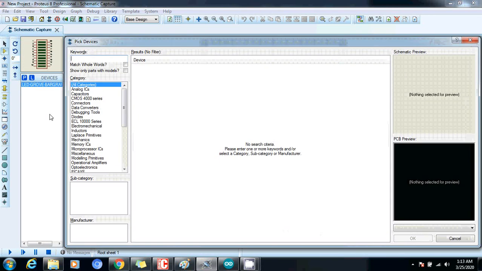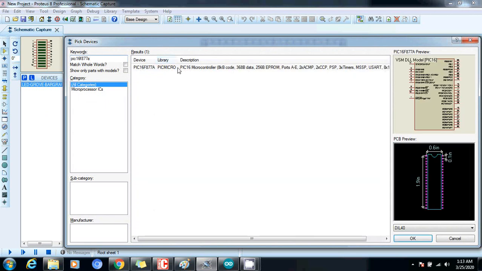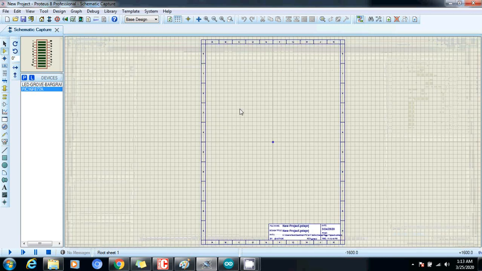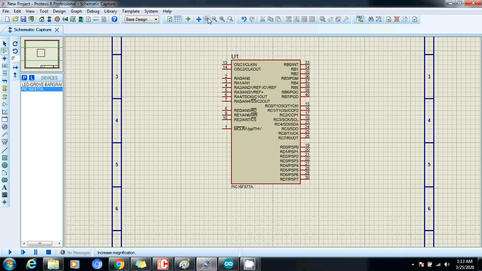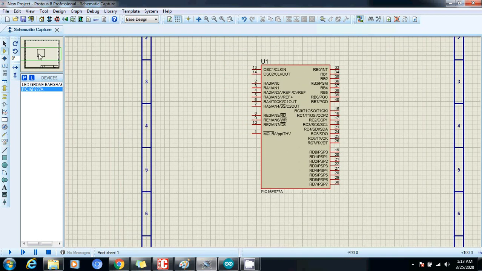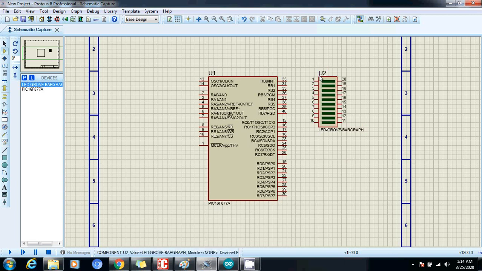and we need a controller. Here we are working on PIC16F877A. So let's just design the circuit here for the simulation. So here is the PIC microcontroller, and now we need to interface the LED bar graph. Just connect each LED with the different pins of the B port, like I have connected the 0 pin to